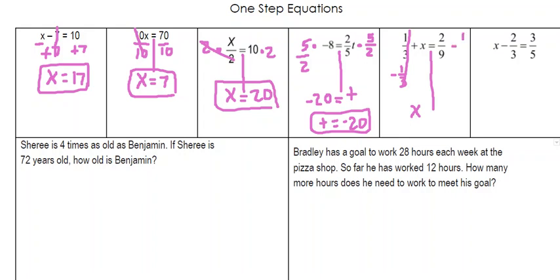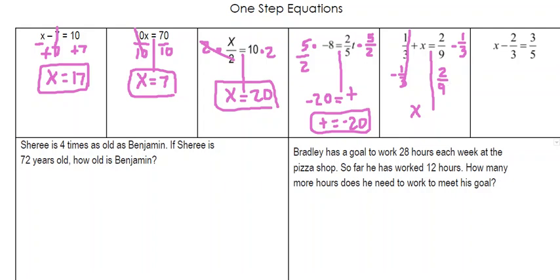So I have to minus 1/3 on the right side of my equation. To combine fractions like this, they have to have a common denominator. So I have to change that 1/3 to match that 2/9. I can times that by 3 because 3 times 3 will give me 9, and that will get me